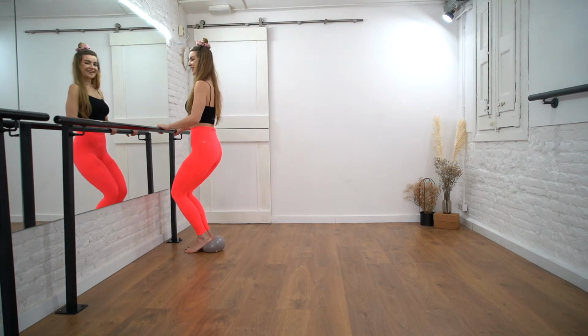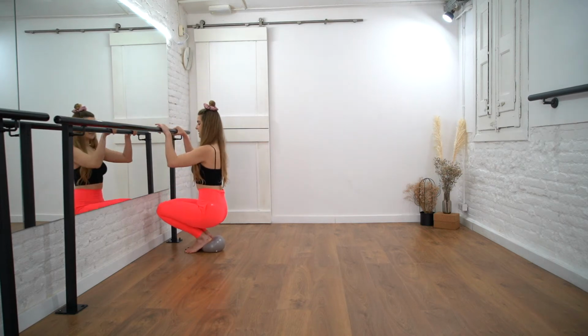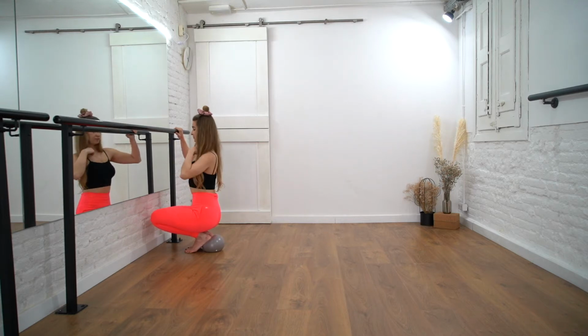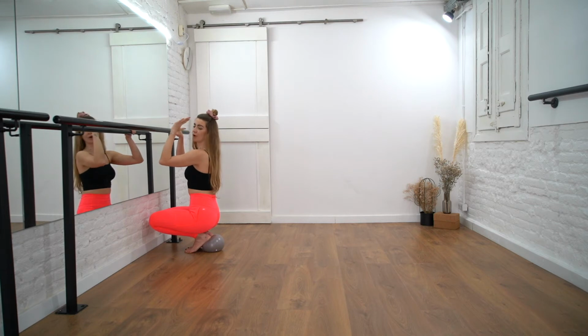2. Last 1. Pulse, pulse. Lower down on your ball. If you're not using a ball, you're going to stay up here on your tippy toes. What we're going to do: long straight spine, hands as support on your kitchen counter, table, bar, chair, whatever it